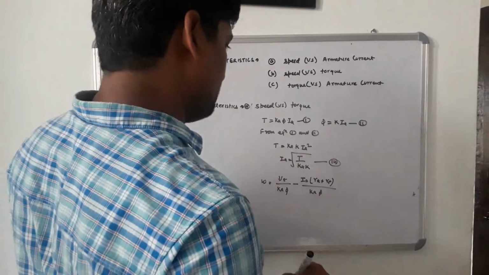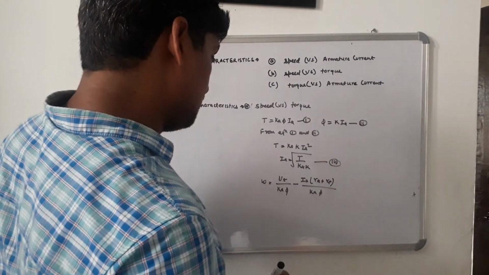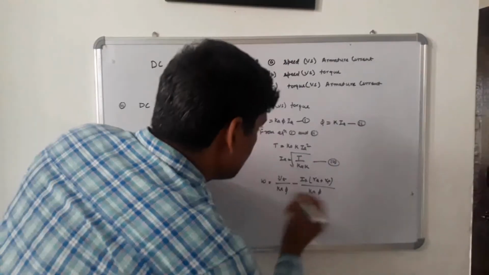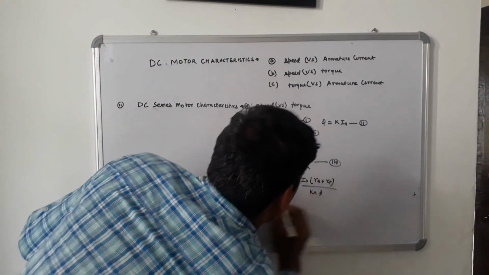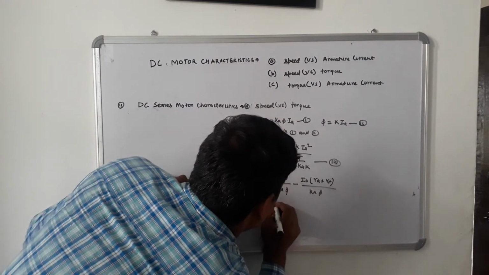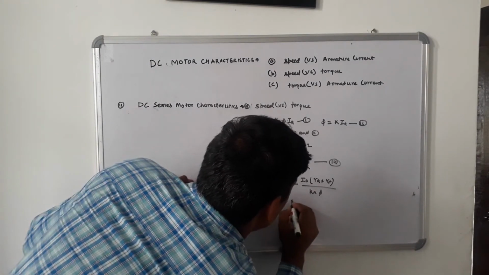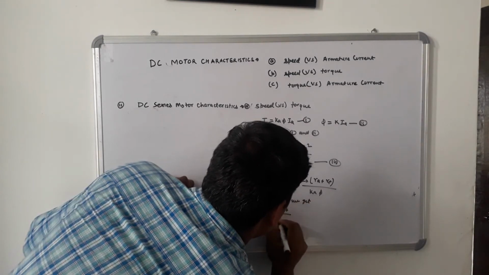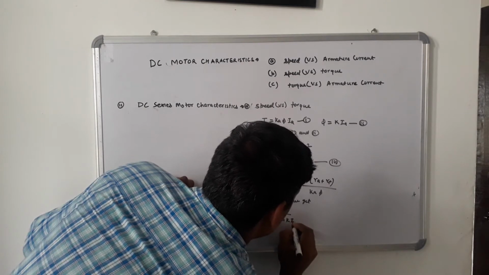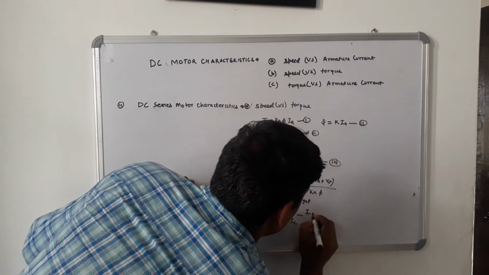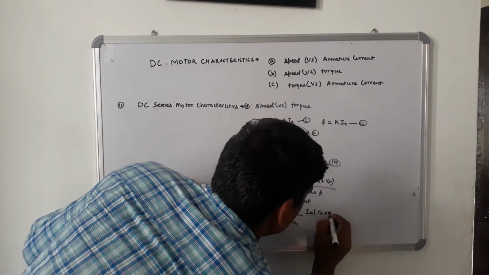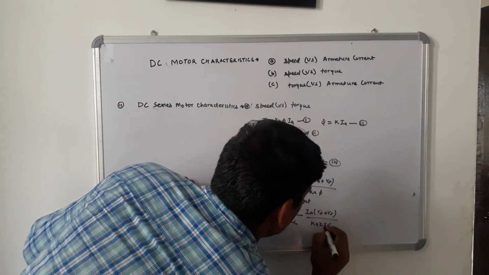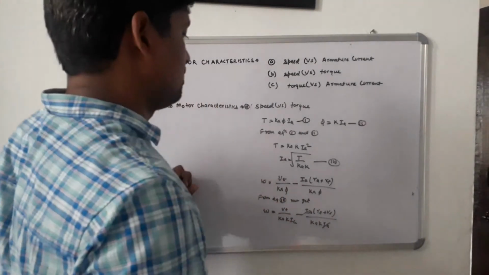By putting the value of phi from equation 2, we get omega is equal to Vt divided by Ka Ia minus Ia (Ra plus Rf) divided by Ka. Ia will cancel,